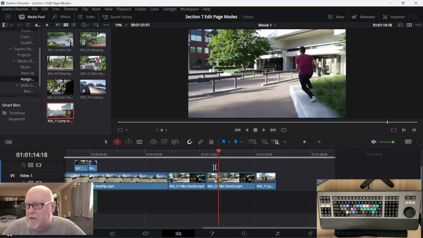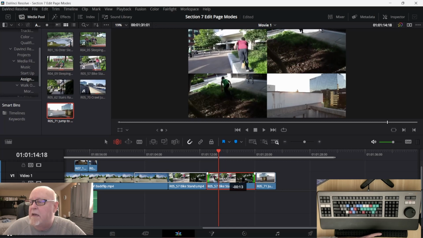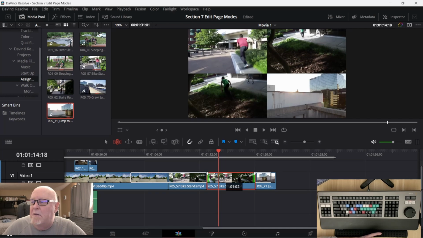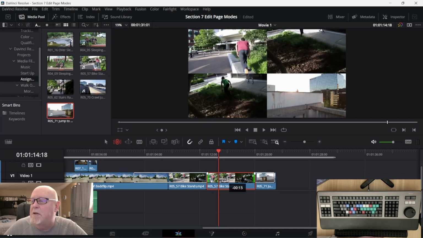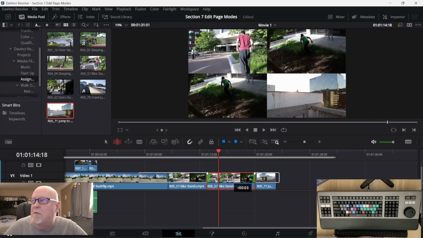Again, we see a couple of different brackets here. Outside of it, you can point to it and select it. The top mode here, if you put this in the middle and hold it down, you can move the edit around a little bit. You can move the film around a little bit within the bounds of its handles. So if you have an in and out point marked, that's where we're going to move that